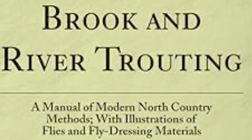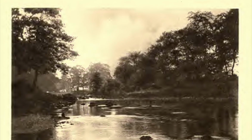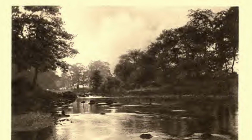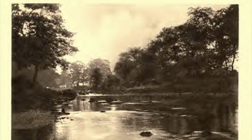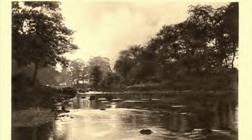To put the matter in a nutshell, an adept in upstream worm fishing combines delicate and accurate casting, unsurpassed even by the dry fly man, with an intimate knowledge of the habits of trout. This can only be gained by keen and careful observation. Neither wet fly nor dry fly fishing requires quite such a wide experience with regard to the habits of trout, and for that reason, upstream worm fishing is to be classed as an art in itself. The knowledge gained of the habitat of the trout by clear water worming is a valuable asset to the wet fly fisher and may often be turned to good account